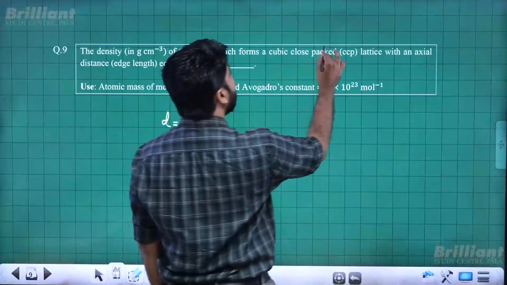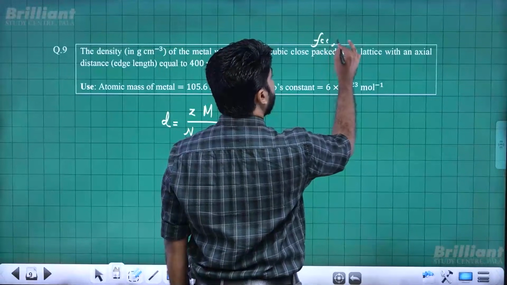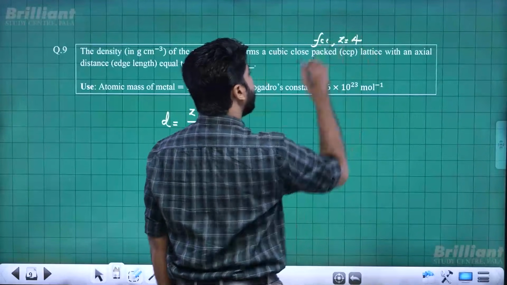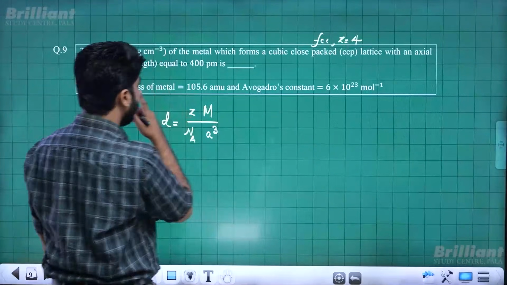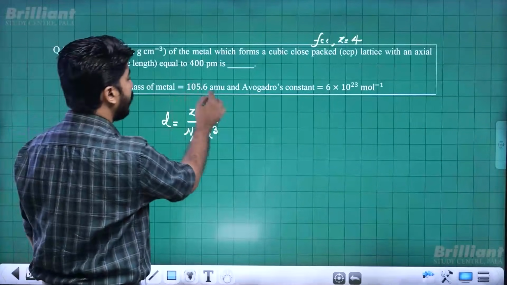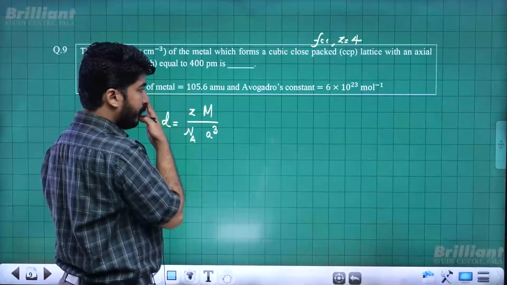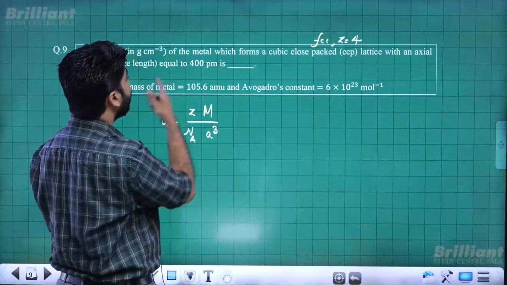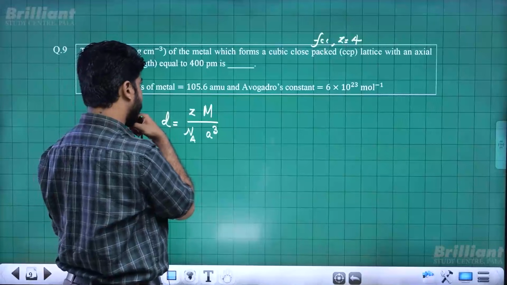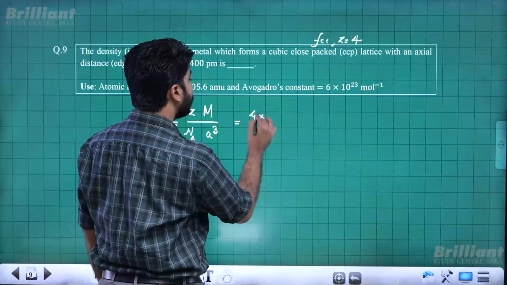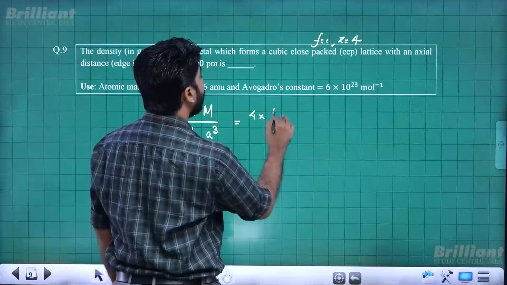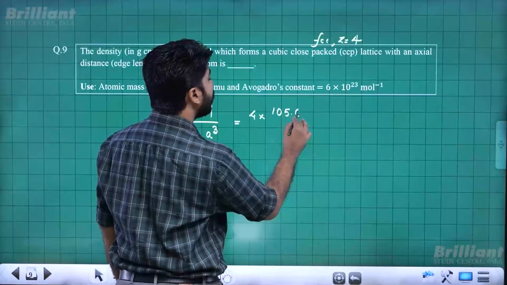So this is an FCC lattice. Therefore the Z value is 4. Effectively 4 atoms are present in 1 unit cell, and the molar mass in grams per mole is 105.6, and Avogadro number per mole, A is given as 400 picometer. So let's substitute the values. 4 into 105.6 grams per mole